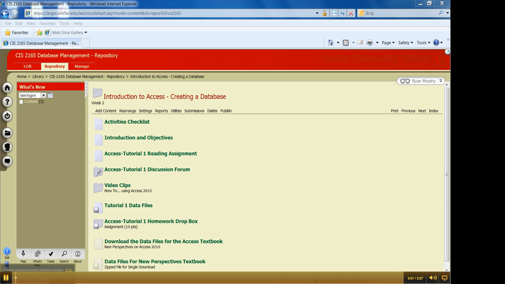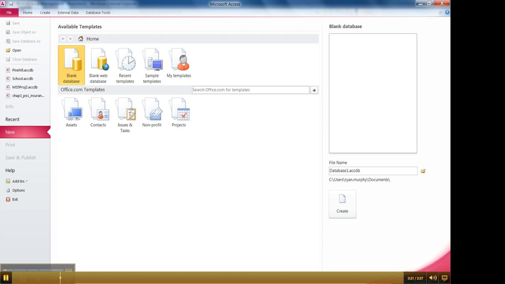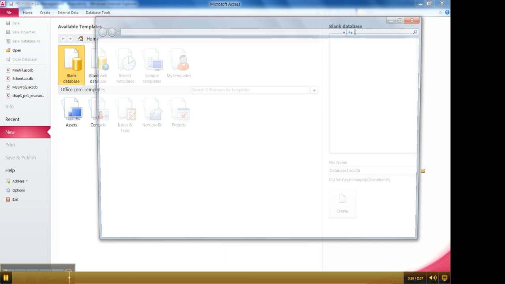Okay, so if we assume that we're finished working through a problem and we're ready to upload our completed database file into the Dropbox for credit, it's very important to make sure you close your database file before you upload, and this is why. I'm going to open up my database, and actually before I do that, let me open the folder and I'll show you